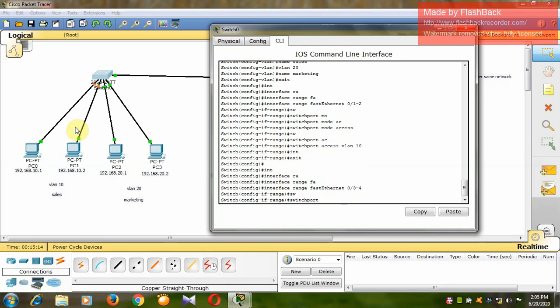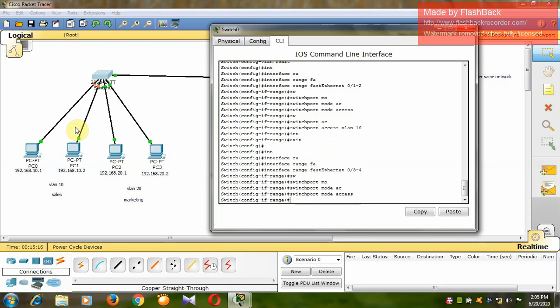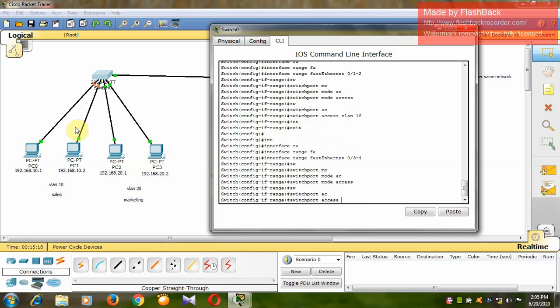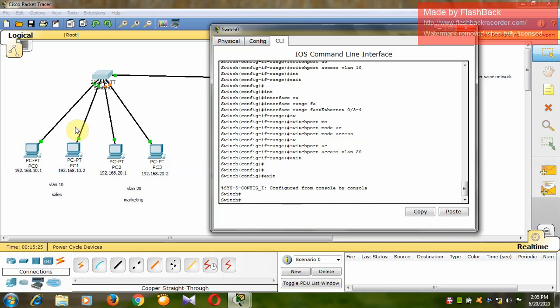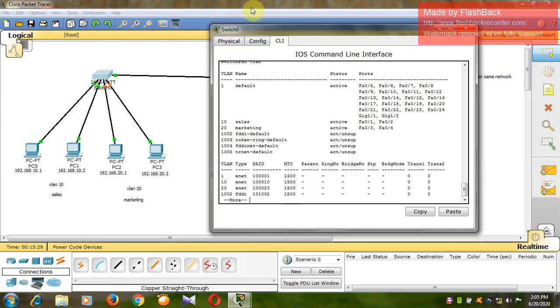So switchport mode access, switchport access vlan 20. You can check now with show vlan. You can see that these two ports have come under VLAN 10 and these two ports have come under VLAN 20, right? So I have created two VLANs here.